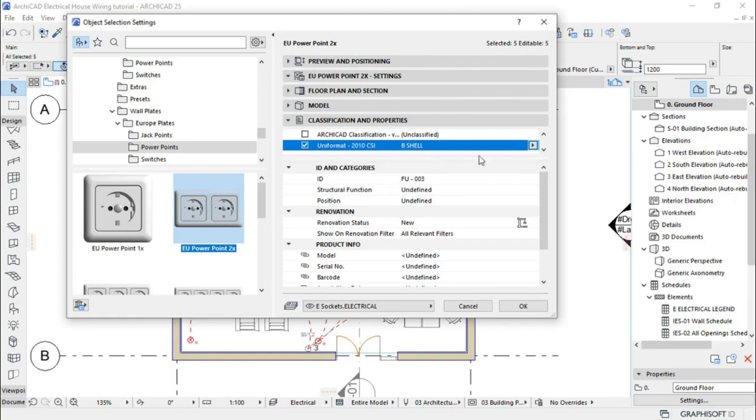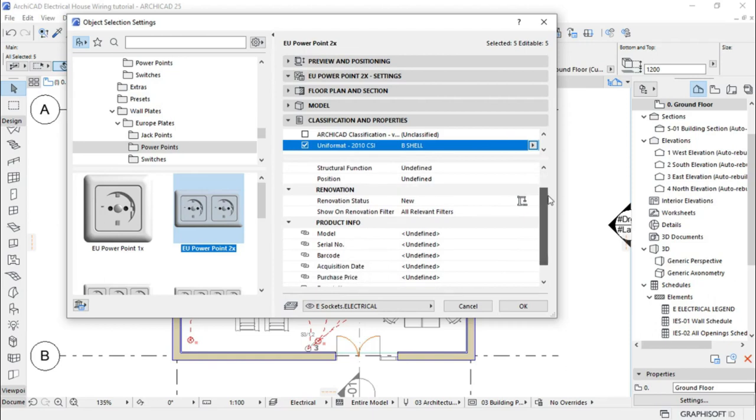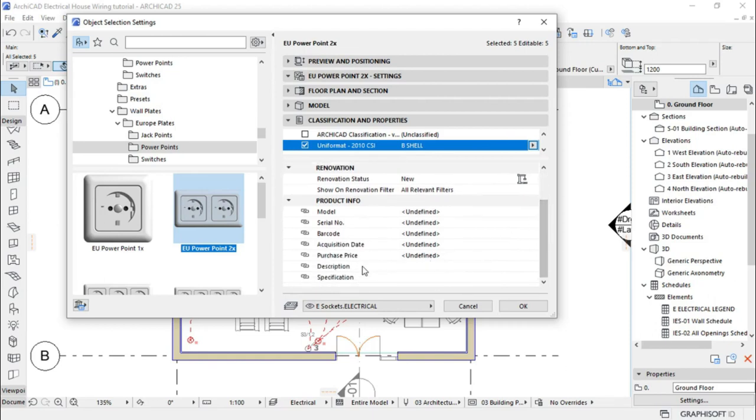Well, for the sake of this video, let's just get away with that and go down to the classification and properties. I'm going to describe this as PowerPoints, just a basic description,